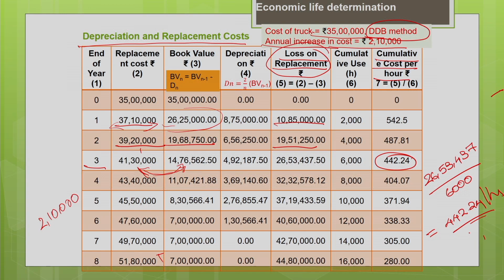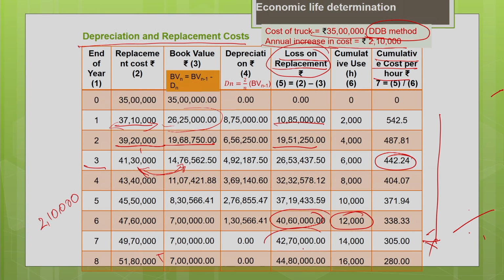So like this you calculate the depreciation and the replacement cost for the 8 years for the entire useful life of the machine. One thing you can see is that the depreciation and the replacement cost is decreasing with time. As the usage of the machine increases, the cost is distributed over a greater period, so you can see that the cost per hour is getting reduced. So mostly the ownership cost is getting reduced with time because the cost is getting distributed over a greater period.